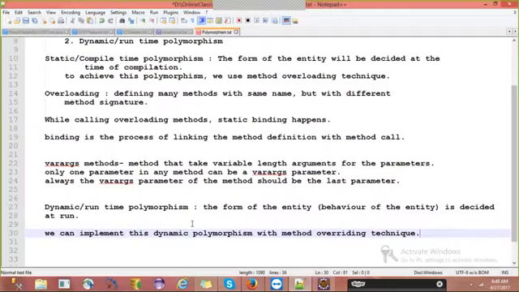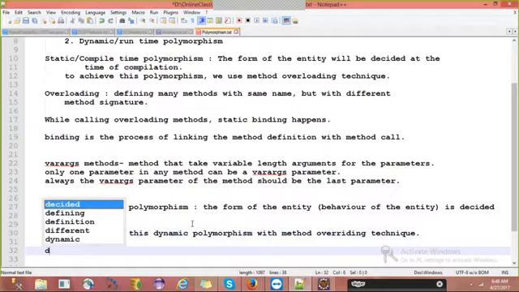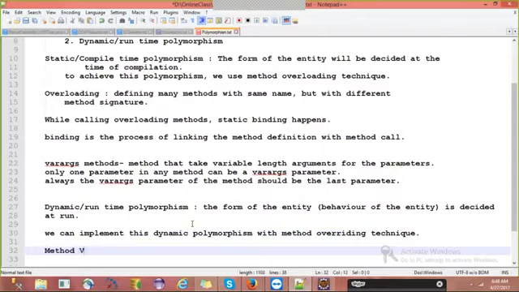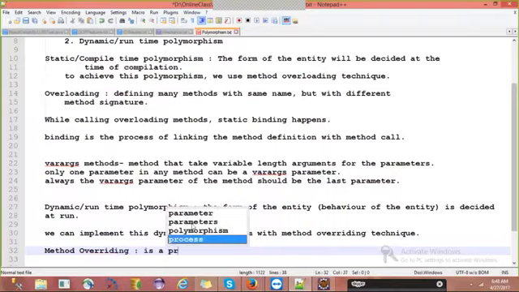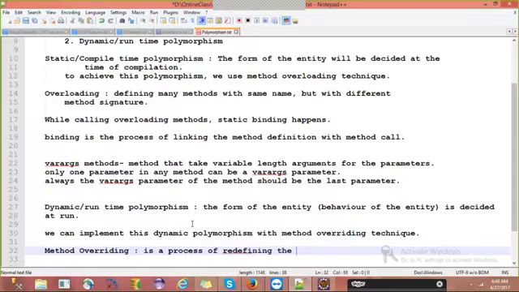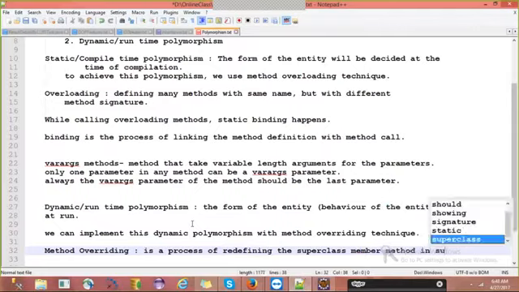So what is method overriding? As the definition, we can define method overriding like this: method overriding is a process of redefining the superclass member method in subclass.